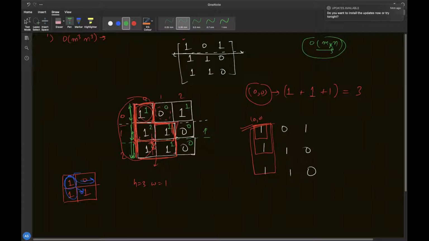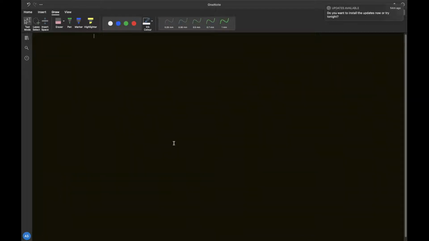Then we will just visit every element, set it as our starting point, and keep on calculating how many rectangles we can make. So let's dry run this approach on this given example only, right?